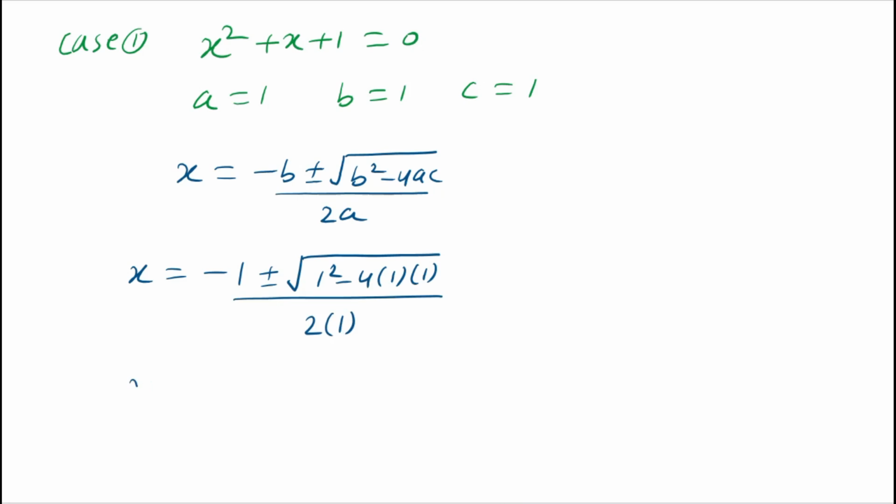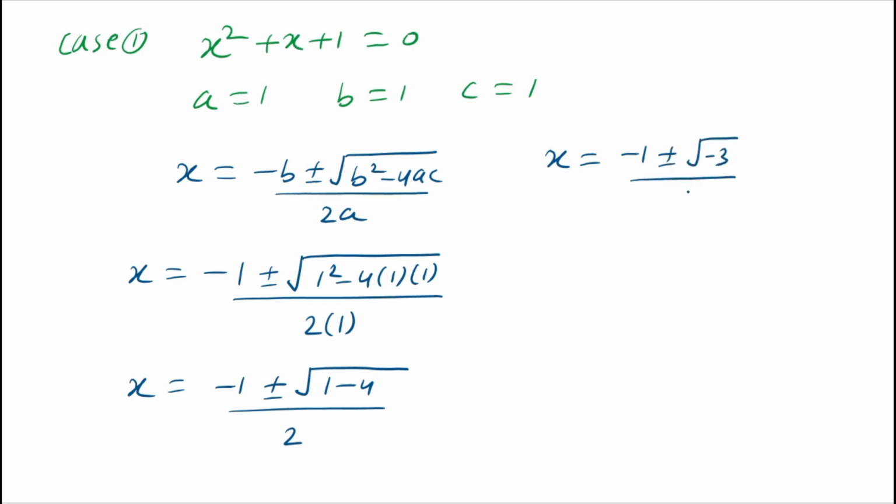Then x equals minus 1 plus minus square root of 1 square is 1, minus 4, divided by 2 times 1, which is 2. So here x equals minus 1 plus minus square root of minus 3 divided by 2. And we know that square root of minus 3 equals square root of 3 times iota. So here x equals minus 1 plus minus square root of 3 times iota